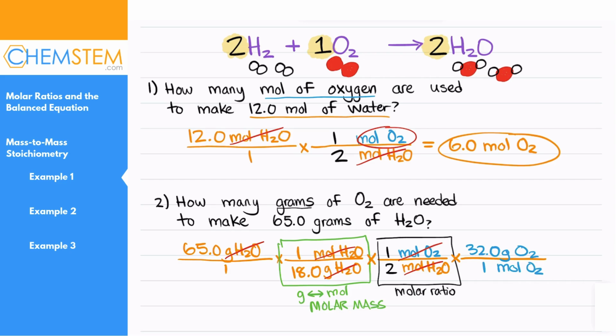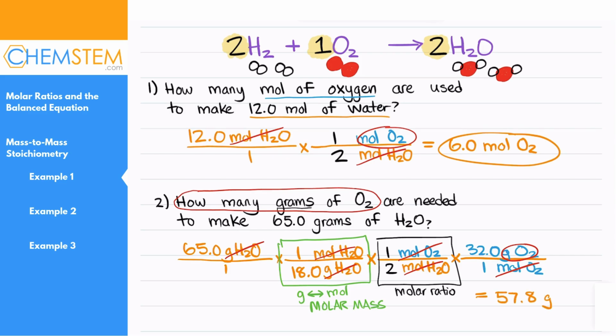We're going to cross out moles of oxygen, and are we actually at where we need to be? It asks, how many grams of oxygen? Perfect, because we have grams of oxygen as our surviving unit. And at this point, we can do our math to figure out what it is. So it would be 65 times 1 times 1 times 32. And we would divide that by 18 times 2. And we would get an answer of, altogether, I should say, around